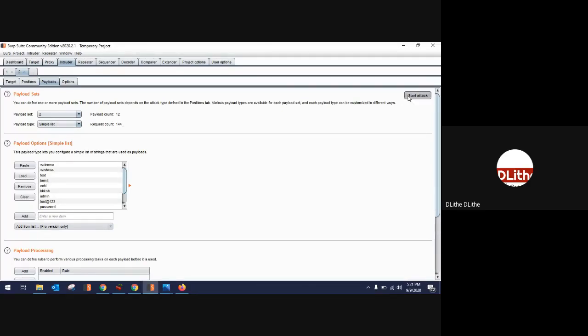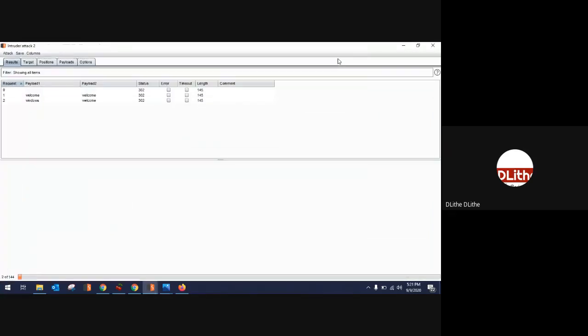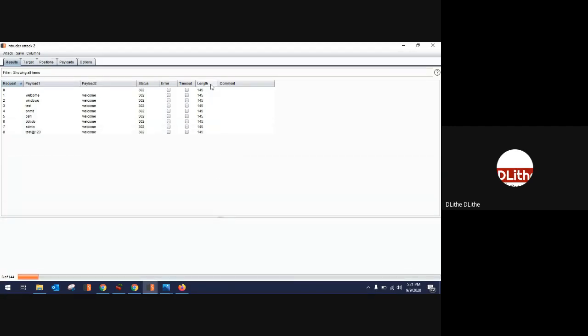So let us click on attack and sit back and wait for at least like 10-15 seconds. So it'll take some time. As you can see, obviously we know that on this website, you can identify the right or wrong passwords based on the length. So let me sort the response by length. I think this request will take around 144 seconds, that is almost more than 2 minutes. So I think we have to wait for a while.